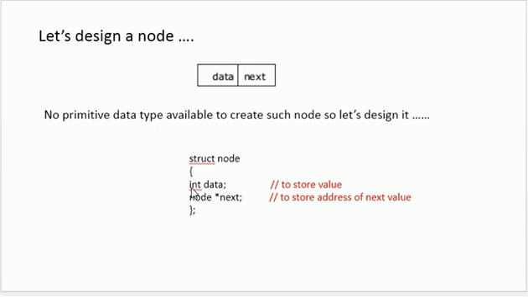So when I design a node, within a node I say that this is the data type of the value which I want to save. It may be integer, it may be character, it may be double float, or whatever you want to save. And along with that, it is going to have one pointer. Since I have placed this star over here, it means that I want to save the address. Now address of what? Address of another node. So this is how I have designed my node.